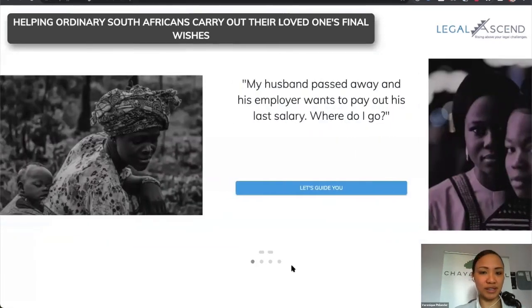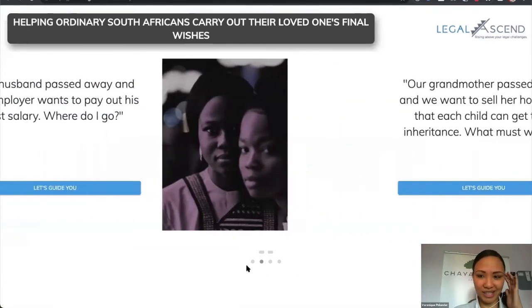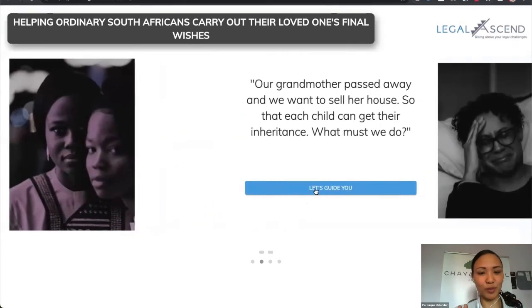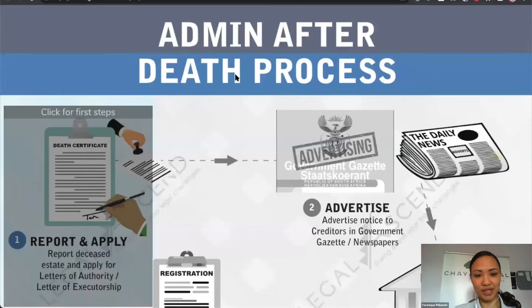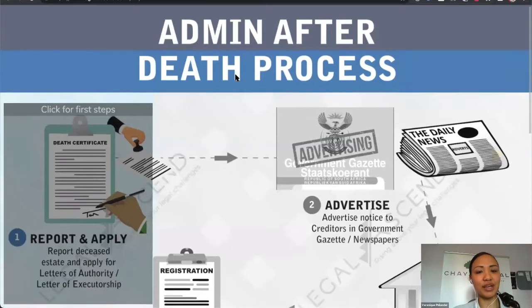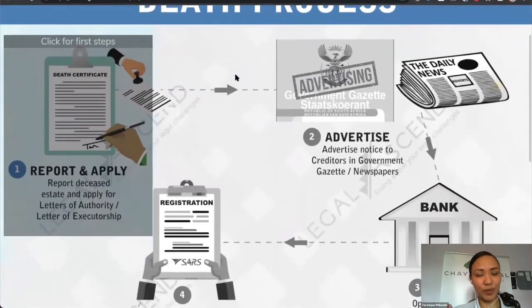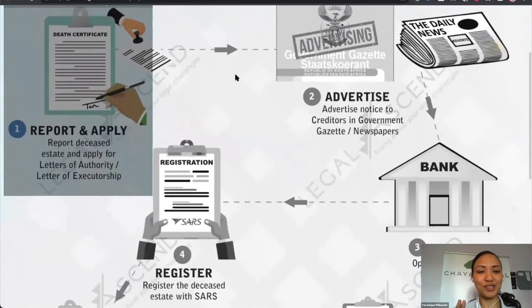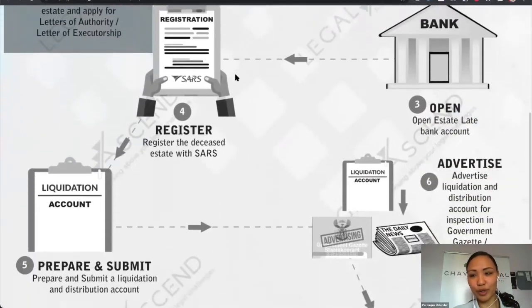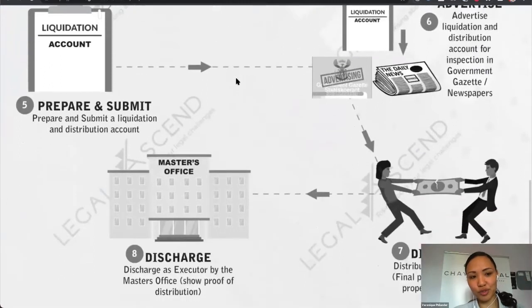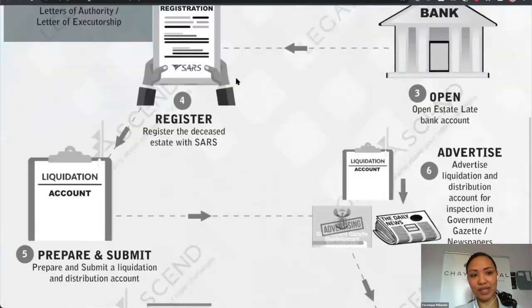And then our whole idea, as I said in the beginning, is that Legalism is an online guidance tool. So imagine, if you click on, for example, Let's Guide You, this is just the concept that we were trying to play with. If you click on that Let's Guide You button, the whole idea is for them to get to this place, and this is really, really rough, to get to this map type of thing, where we would showcase the whole process to them, but prompt them to start at the beginning.